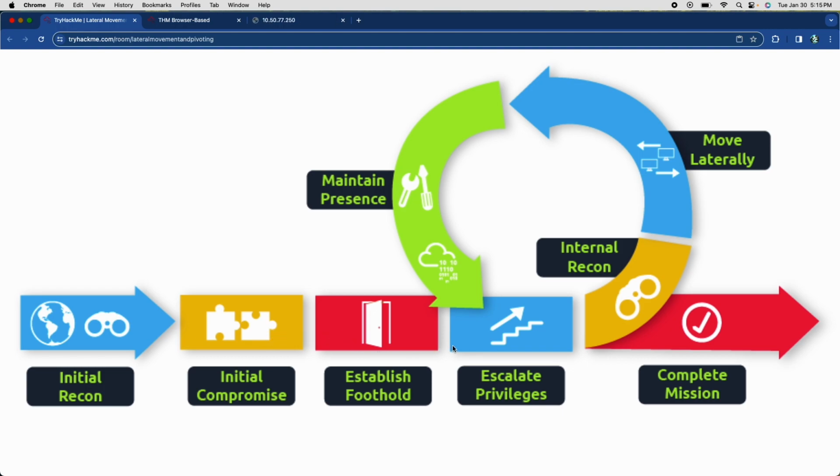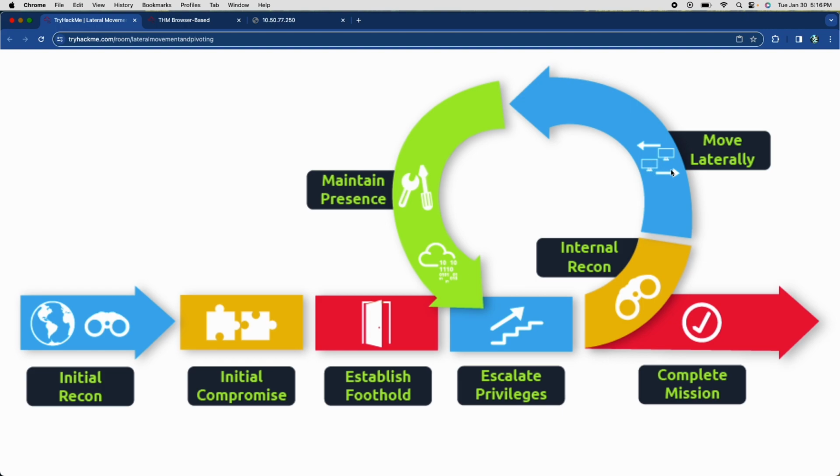So what you need to do now is you need to escalate your privileges, because more often than not, it's very unlikely that you're going to get the root password of the system, right? So you're going to find some low-level user, and then you're going to get into the system. And from there now we need to find ways to escalate the privileges, which means that once you're inside the network, you have to do internal reconnaissance. So do more homework and enumeration on the network and try to find maybe other users inside the password file or something like that, right? And then you move laterally from one user to another user, and then maybe that person has some other type of information that you can use,